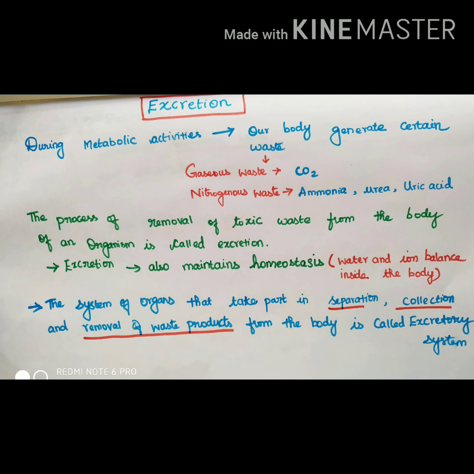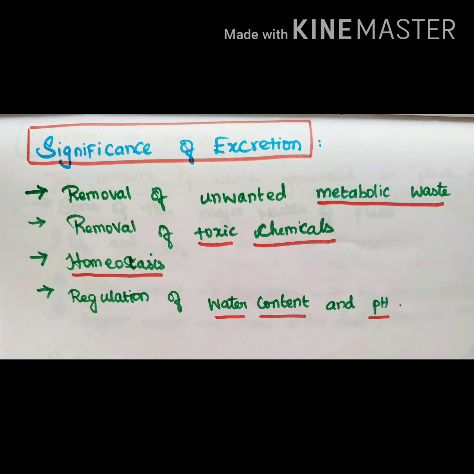Right, now we are going to see the significance of excretion. As I already gave a hint about the significance of excretion, again we will see a few points about it. If this question is asked as a 2-mark question, this one will be very easy. This hint will make you get full marks. So what are the hints? Number 1, it is used for the removal of unwanted metabolic waste from the body. During the metabolic activities, if the byproducts secreted in our body are unwanted waste, then the removal can be done with the help of excretion. So that is number 1.